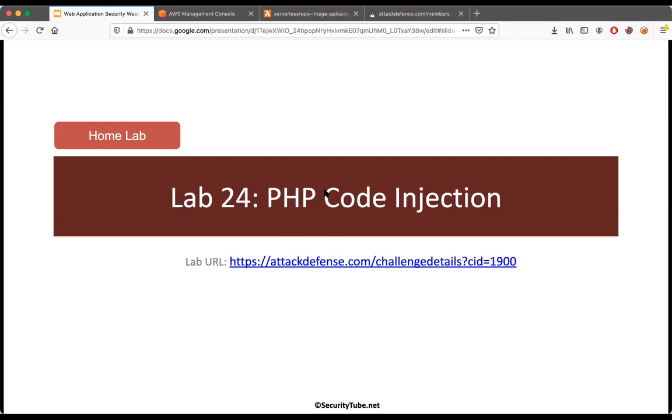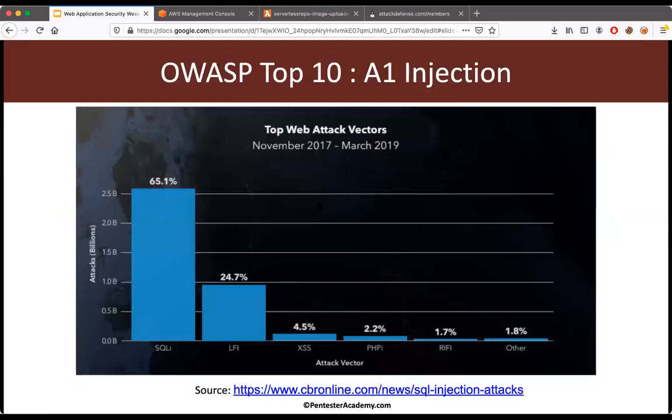The only difference in here is we are going to execute other commands apart from printenv, because printenv was used in case of cloud environment, and specifically in the Lambda environment, because environment variable is where the temporary access credentials reside. Now, next we are going to take a look at one of the most popular injection attacks, which is